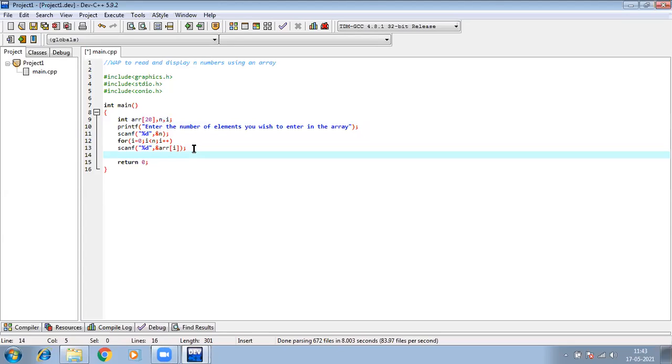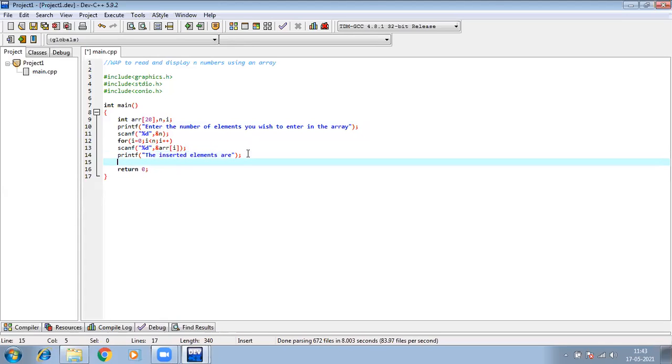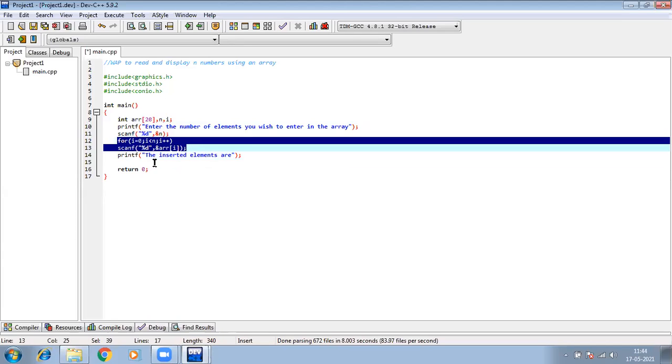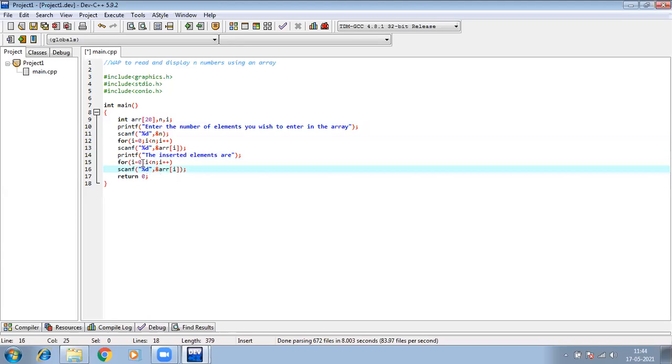Now I will try to print the values. Suppose I am using one printf statement, "The inserted elements are", and then I want to display the array. Again, I will have to use the same loop. For taking the values, we use the loop. For printing the values also we use the same loop, but the only difference is